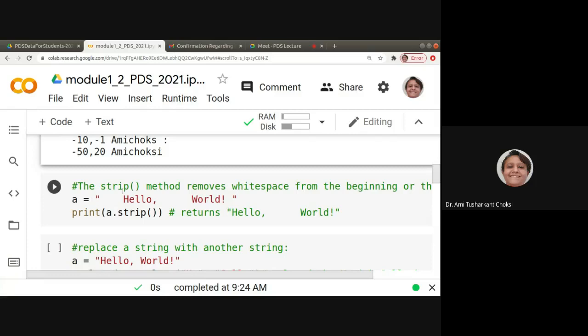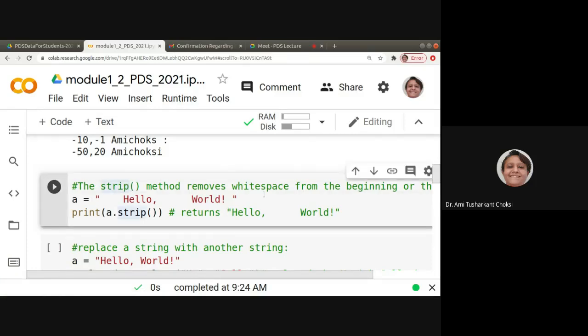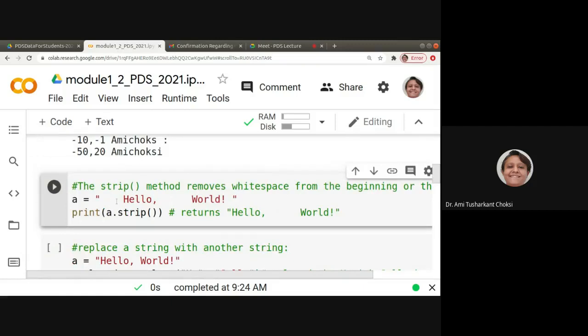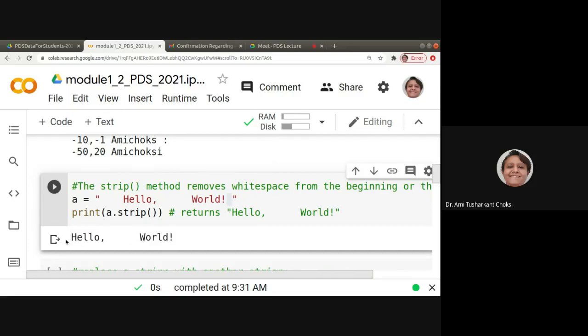Now we want to see this strip method. The strip method removes the white space from the beginning or at the end. So here, let's say some space is given at the start, and after that also some space is given. If I do strip, it will remove the starting space and the end space, fine?